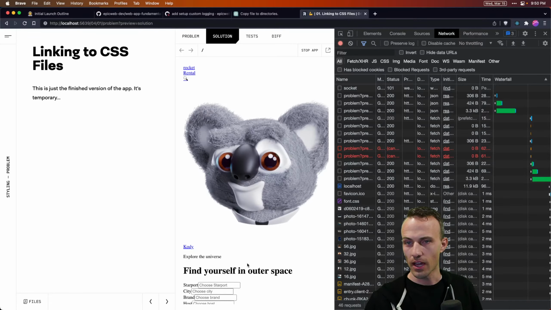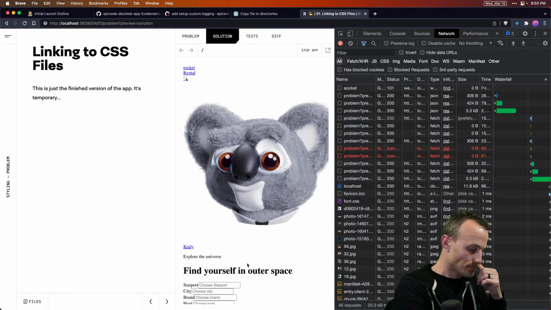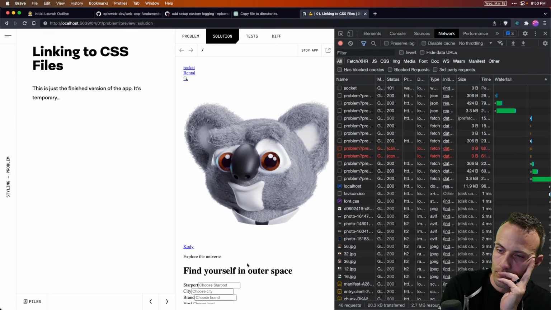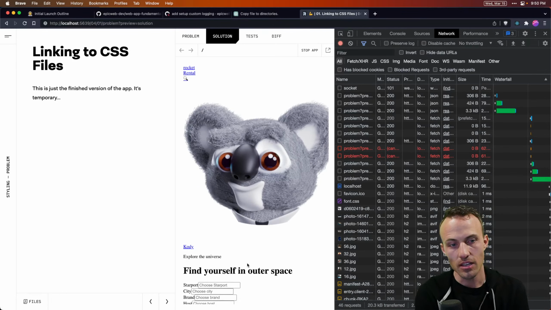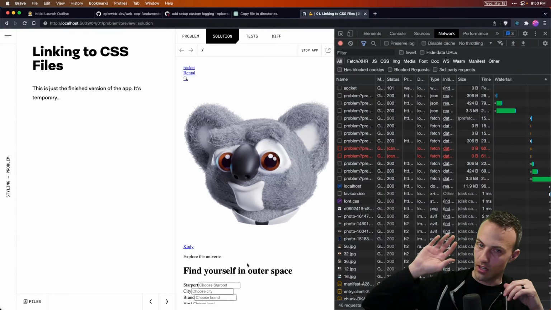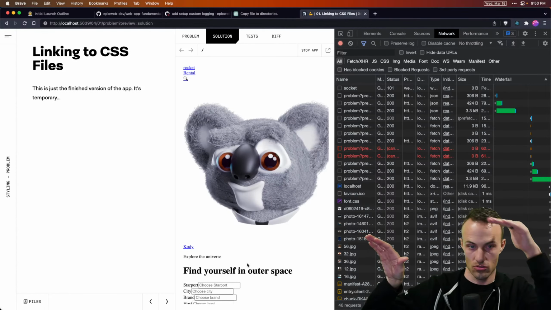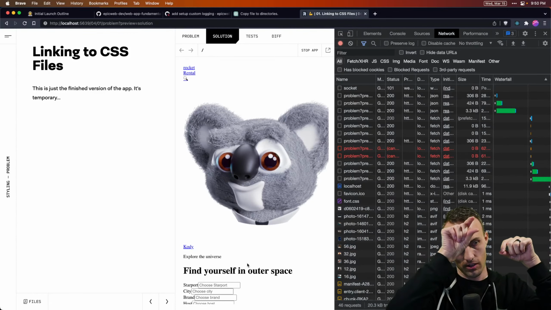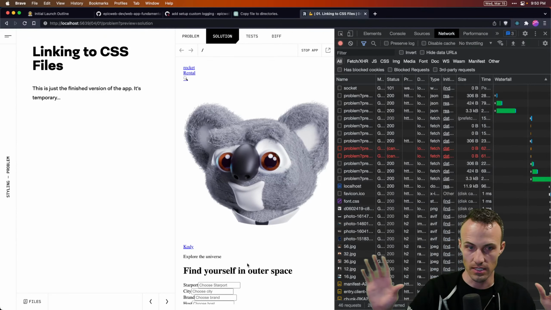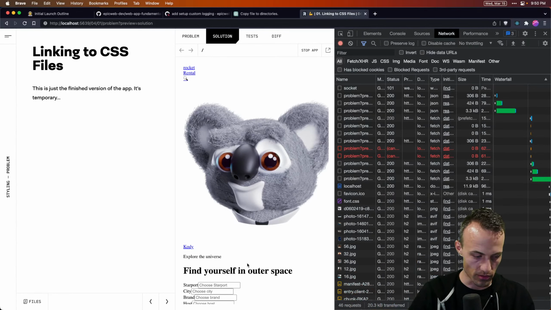I'm not sure what to do about that. See, because the thing is, I want to do it in this order because I think it makes the most sense. Like, okay, so I just have a CSS file. I just want to link straight to it. Or like, it's on a CDN. That's the simplest thing. I want to do that one first.